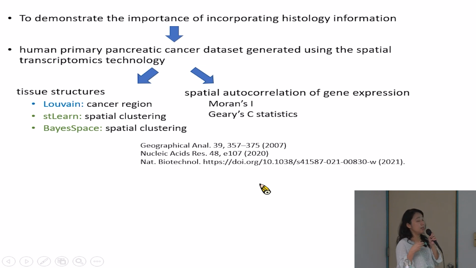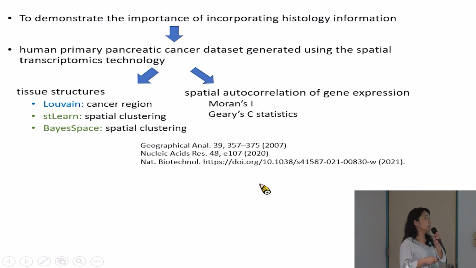Then they want to further demonstrate the importance of incorporating histology information. So in this paper, they use the open data set, which is from the human primary pancreatic cancer data set. It is generated using the spatial transcriptomic technology. So they have to compare the tissue structure and the spatial